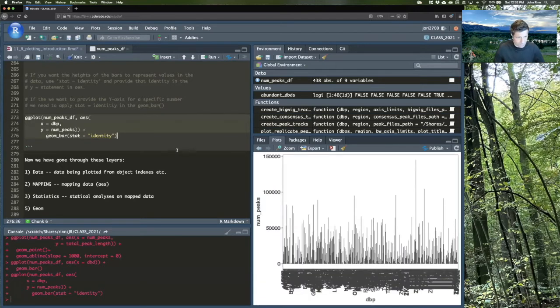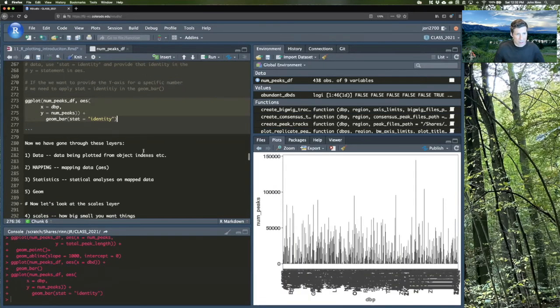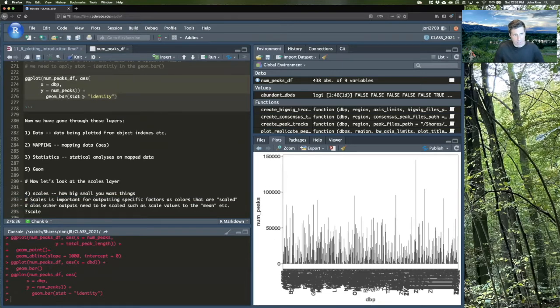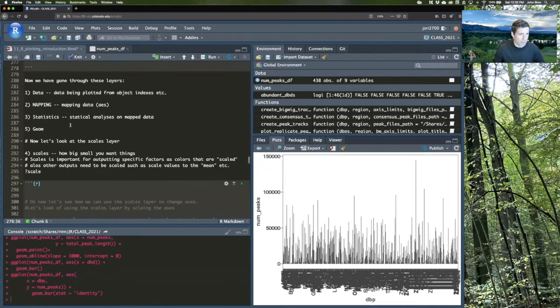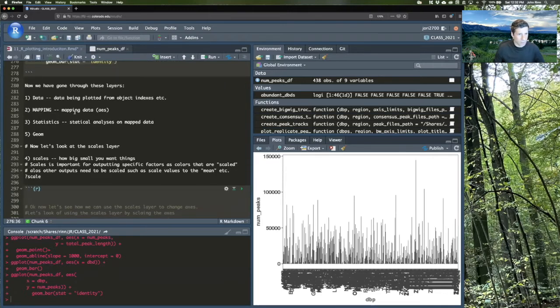Possible to read, but we can now see that you can set your own y-axis with stat identity. Try deleting that and leaving it all the same and reading the error as an exercise. Okay, so we've gone through the most important